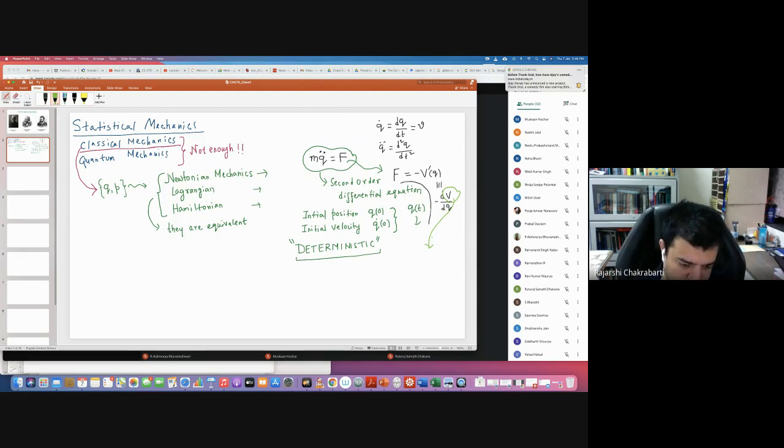Because you can think of a box filled up with, say, n number of gas particles, and these gas particles are moving. Each of them is following Newton's equation of motion, and there is an interaction between these particles. Because of this interaction, it is impossible to solve the equation of motion. Although you can write it down formally, you cannot solve it. You can do it on a computer numerically, but analytically you cannot solve the equation of motion for n particles if you have a potential which is non-zero in general. So things become very complicated.